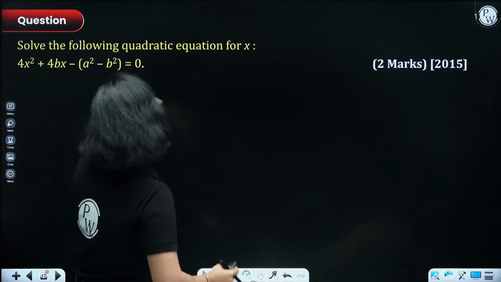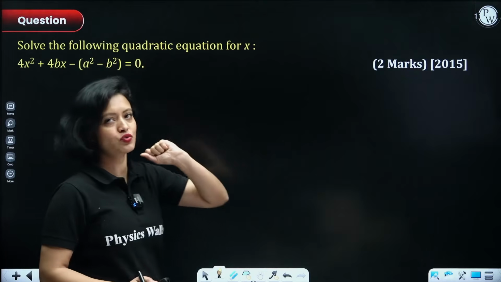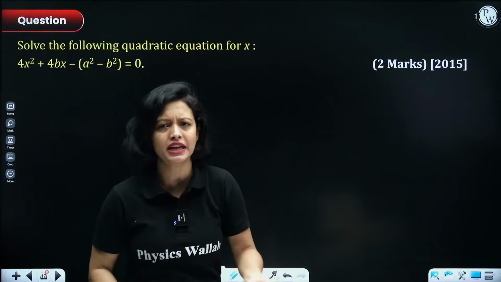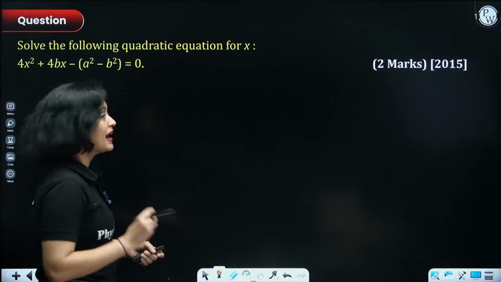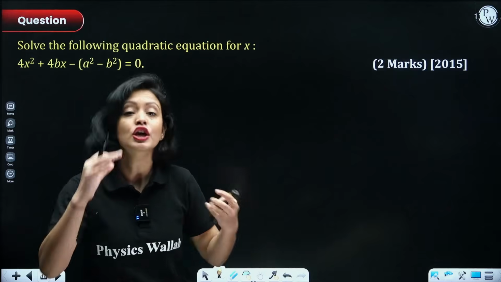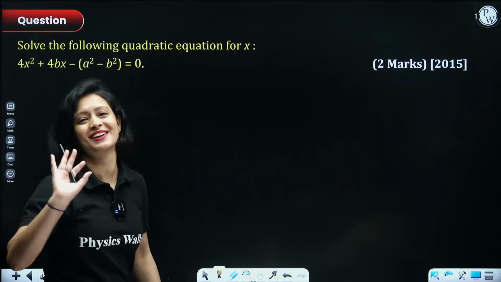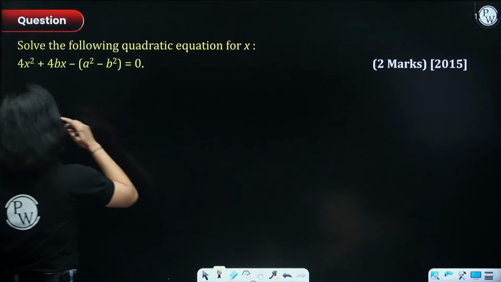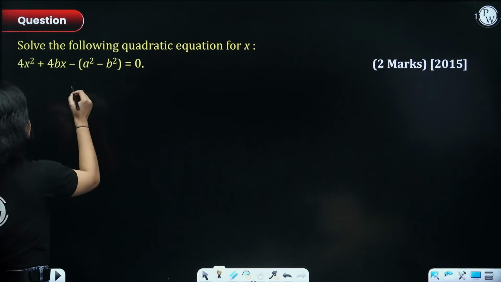Okay, so here we have to do what? We have to solve this quadratic equation. You can do it by splitting the middle term also, but it might take a lot of time to actually understand how you should split the middle term. So that's why we'll quickly do it through the quadratic formula. Okay? Chalo. So here everyone, I'll quickly write down the values of a, b and c.